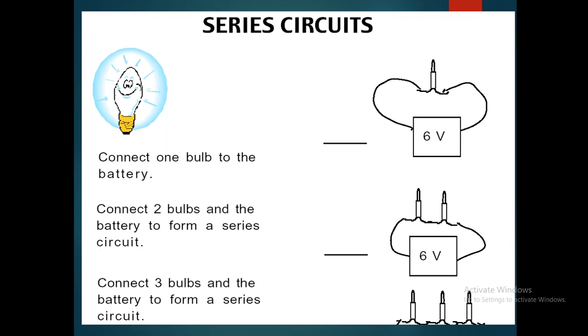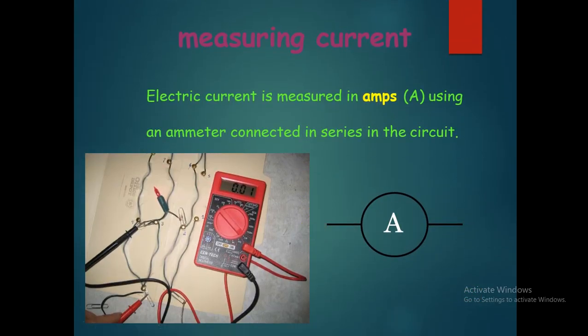These are the series circuits. You can see this diagram. This connects only one bulb to the battery, this connects two bulbs to the battery, and in the third case three bulbs. Like that we connected. And let us see this. We are going to measure the electric current in amps. Basically, we use an ammeter to measure the electric current in the circuit. We connect that ammeter in the circuit in series manner, and this is the symbol of